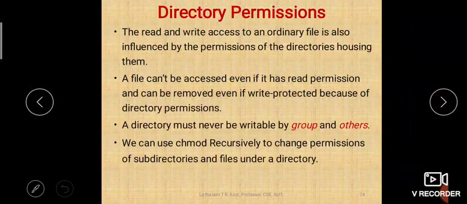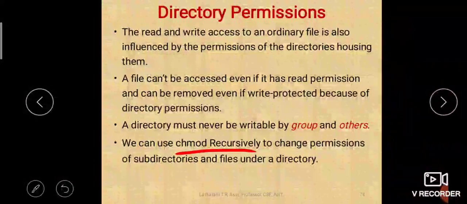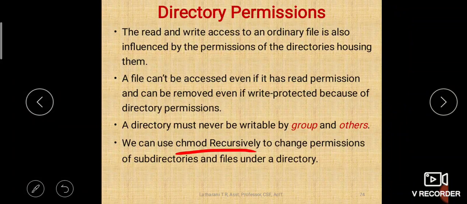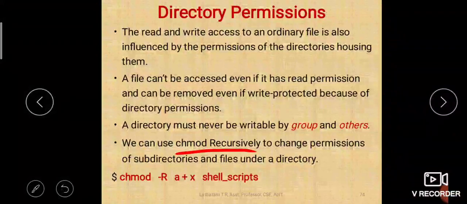We can use chmod recursively. I told you, chmod recursively to change permissions of subdirectories and files under a directory. So those files, as we discussed just now, s1, s2, f1, f2 under d1, their permissions can be changed recursively, and even s1 and s2, if they have subdirectories, their permissions can also be changed by using the -R option for recursive changing.